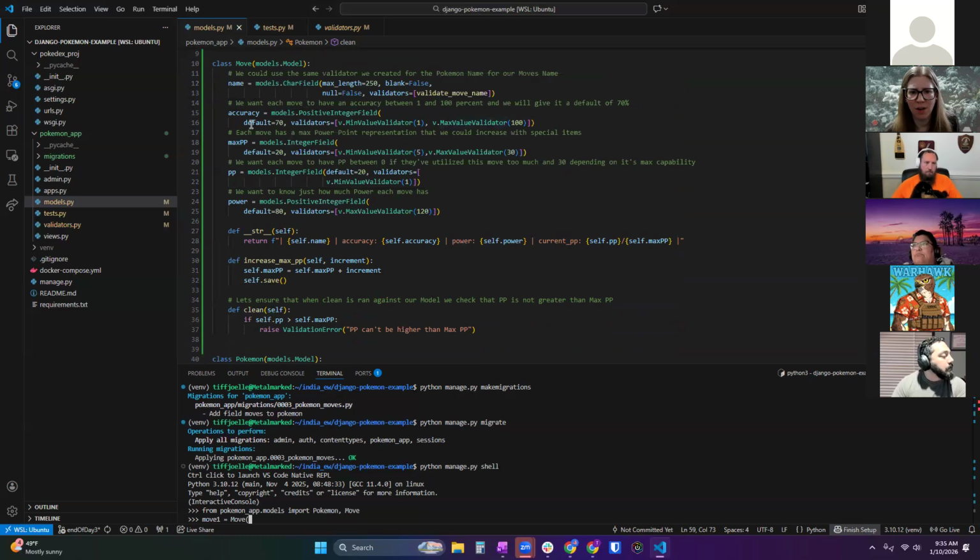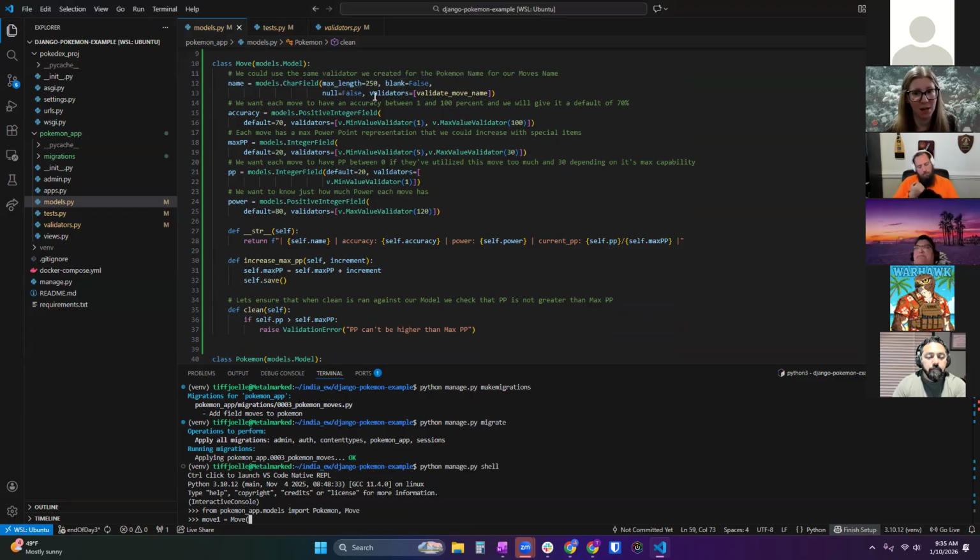A lot of these fields have default values, and I'm going to really lean into that here by not defining values for these fields when I input a new move. I'm just going to give it a name. That's the only thing that I have to define.